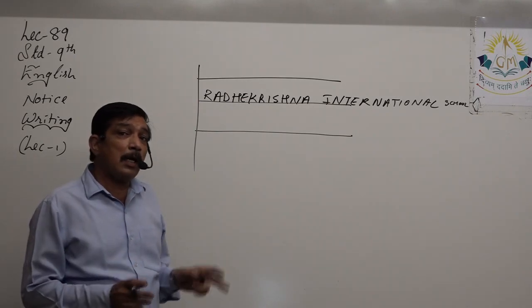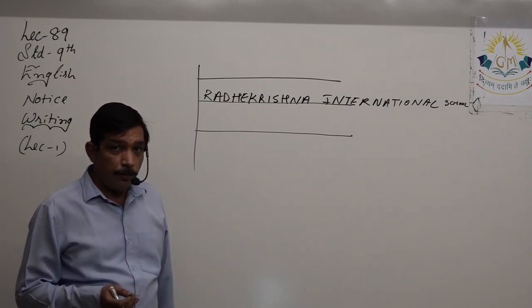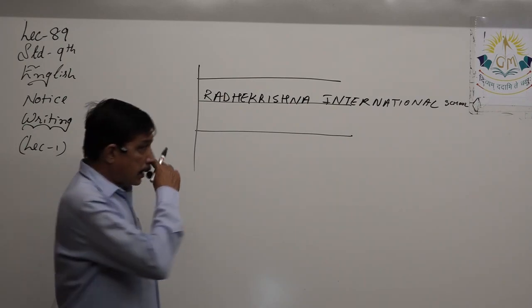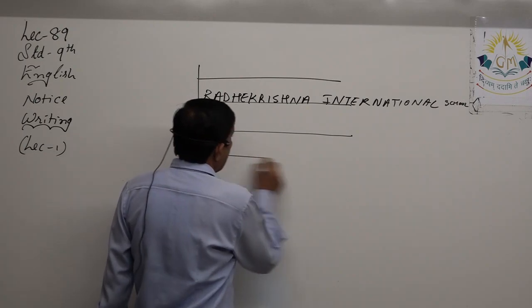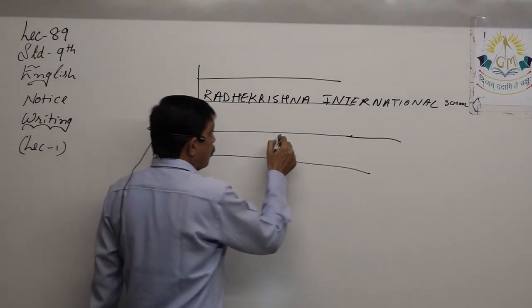I have to fit it in. And now I don't even have space to write the name of the city. Right? Next, I leave one line and then write notice. Now I do not have any other thing to write. So what will I do is,